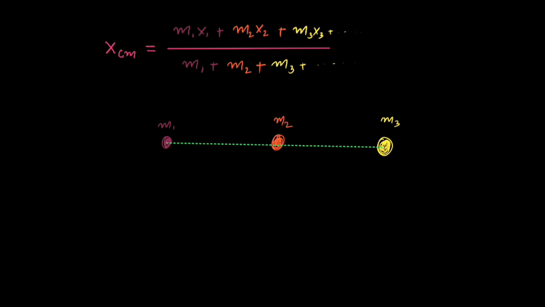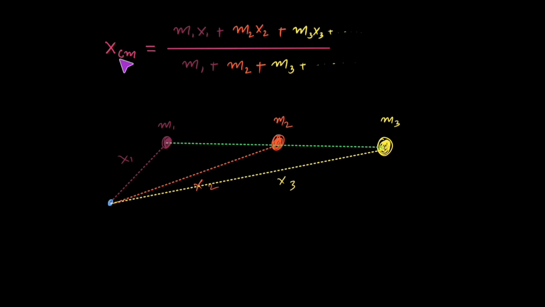One thing we need to always remember is that first of all we have to find a point from where we want to find the center of mass. In such problems, the first thing is that we have to mark a point from where we want to calculate the distance of the center of mass. So this is the point. This distance would be x1, this distance would be x2, and this distance would be x3. Okay, so this is how we can find the value of the center of mass. So this xcm would be the distance of the center of mass from this assumed point.